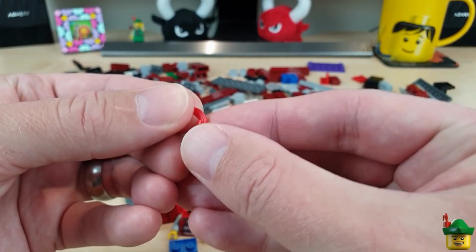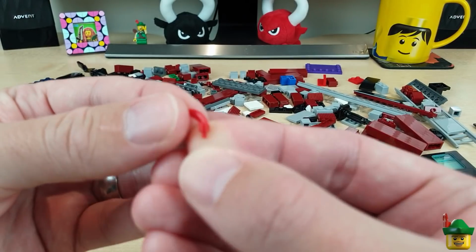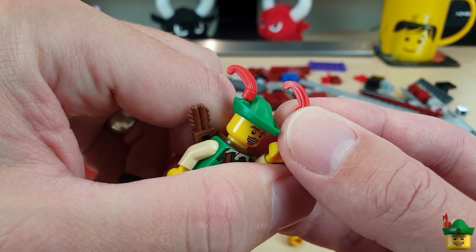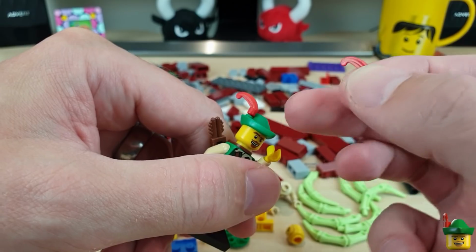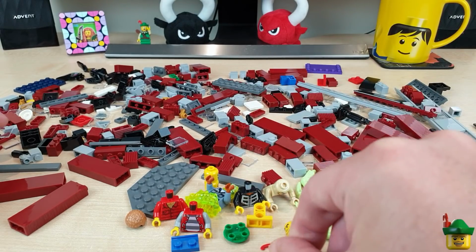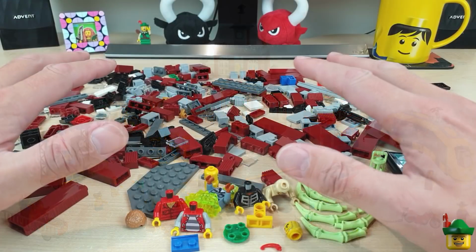Now, here's something tiny but interesting. I've got a little red feather. Now that is for using on a statue of me when I get the other piece. So the other piece is this hat that I wear, but in grey, and that's part of the new main square set 60271, which is not a great set in my opinion, and I definitely won't be getting it, but